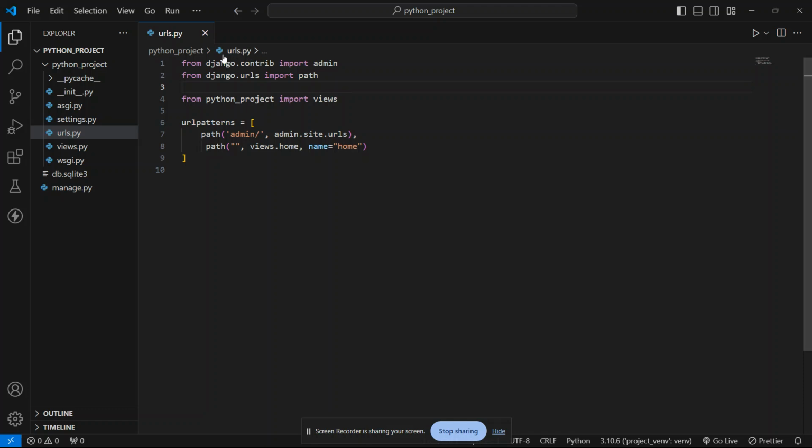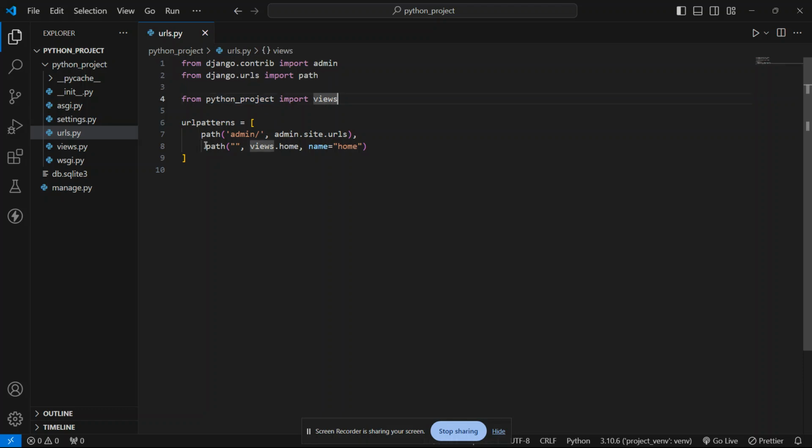This django.contrib is a module, and from that module we are importing the admin function. Again, django.urls is a module, and from that we are importing the function named path. And we have one folder named python project, and from that python project we have one file named views. We are importing that file. This line explains it.